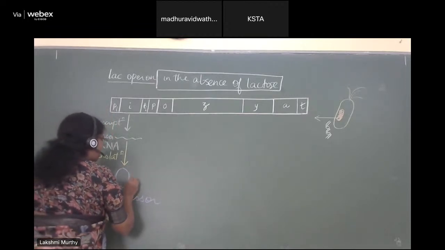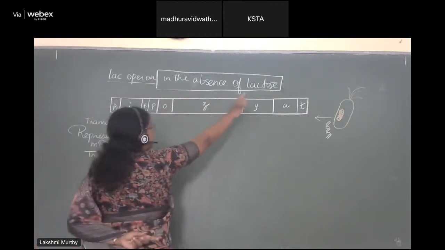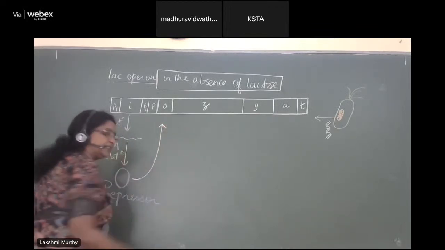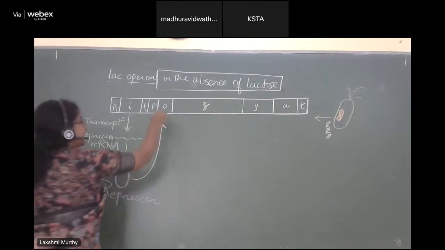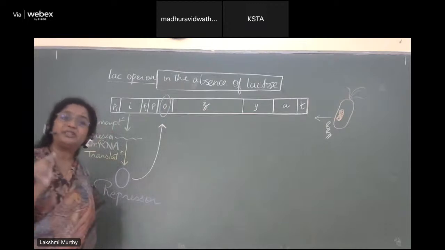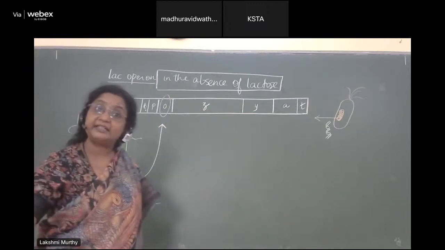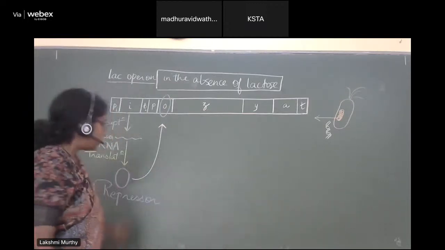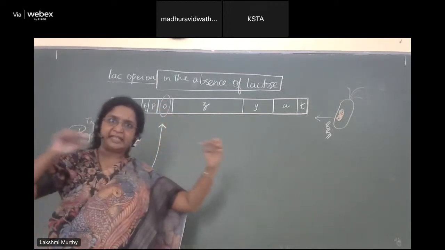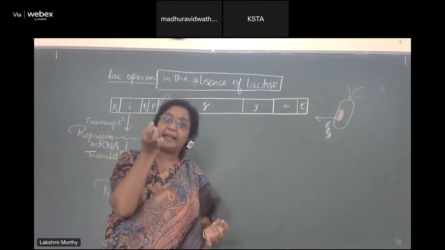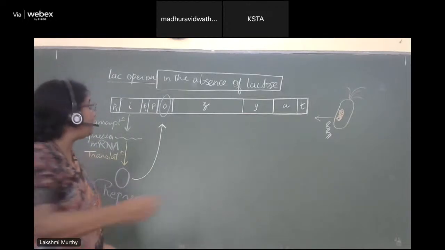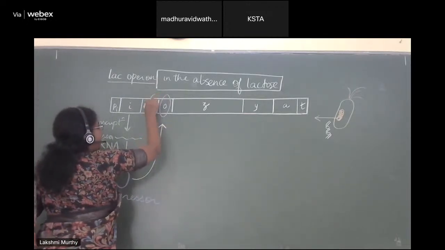So this repressor protein, in the absence of lactose, directly goes and gets attached to the operator site because it has a high affinity to bind to the specific sequence that is present in the operator region. So once it goes and gets bound to the operator region, there is DNA present and now you have put a clamp to it. When you have put a clamp to it, there is going to be a molecule of